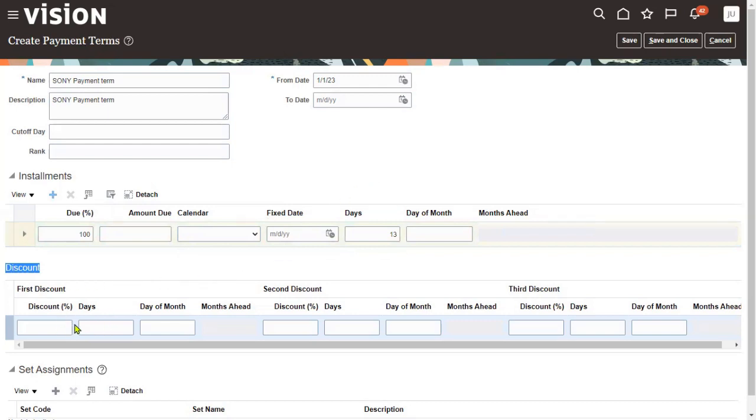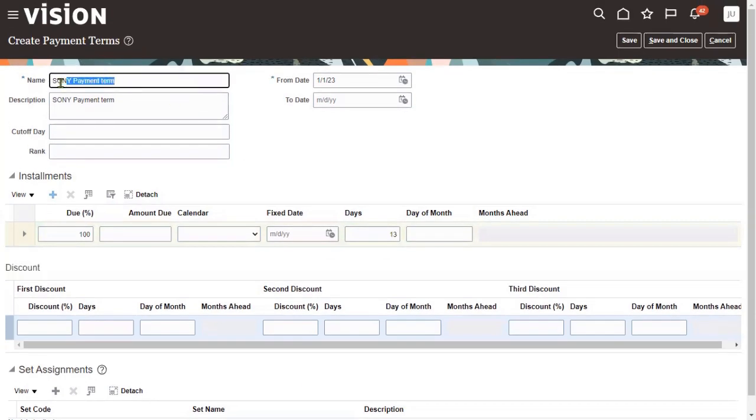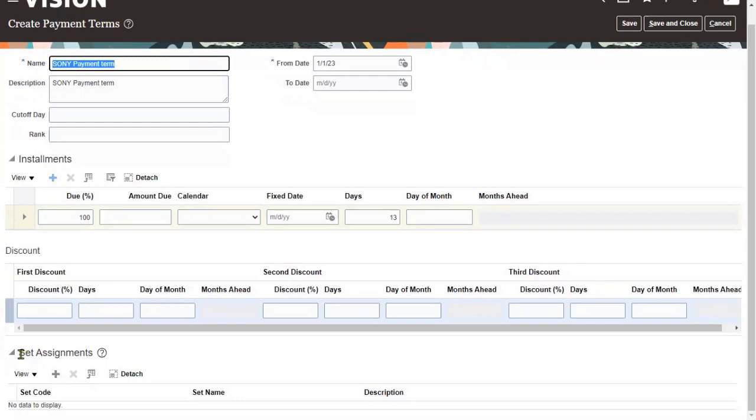So what are the discount options? What is the first discount, second discount, and third discount? These details will be specified here. And once the payment term is created, we cannot assign this payment term directly to the business unit. We have to assign this payment term to the reference data set and assign this reference data set to the